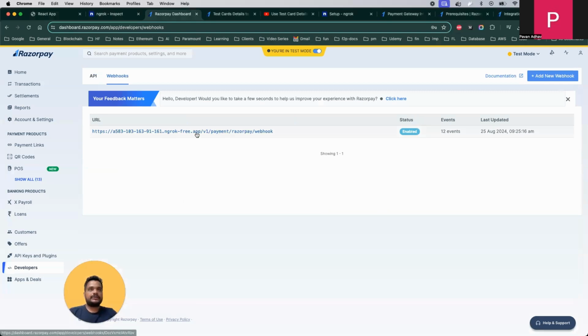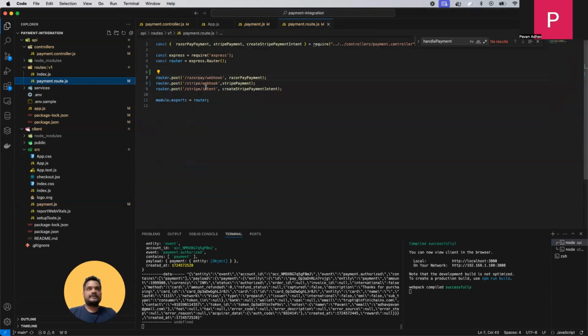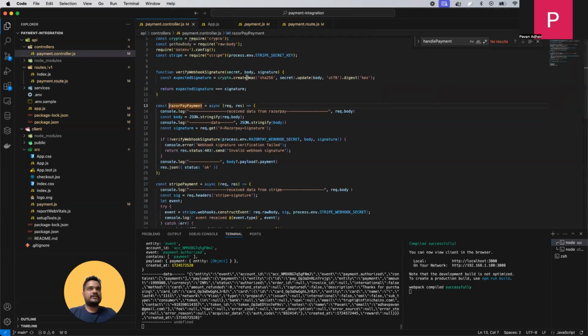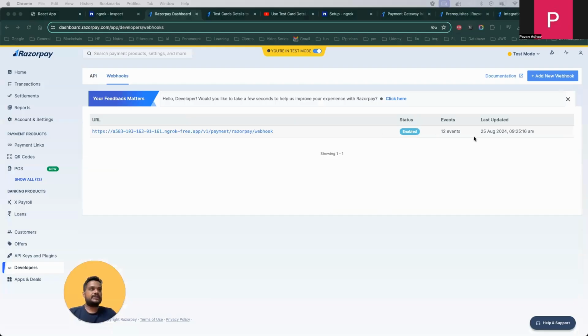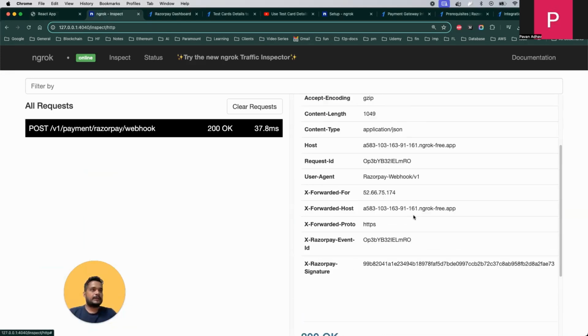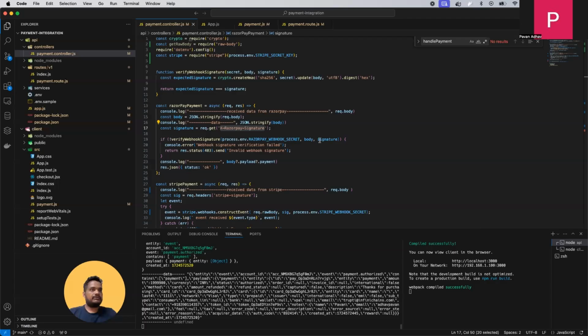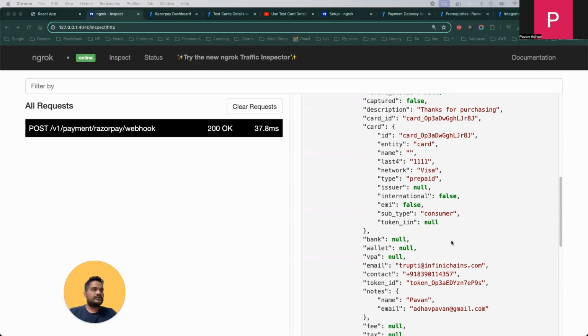Okay, so this is the webhook, right? Slash v1 payment Razorpay webhook. Let's see that code. API payment index, payment route, Razorpay webhook, Razorpay payment. Here we are doing the signature verification, which is coming in X-Razorpay-Signature. Let me just show you here in ngrok itself. Okay, Razorpay signature we're getting here, and the raw body, summary, everything is there. And this information, once we get this, right,